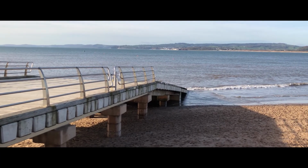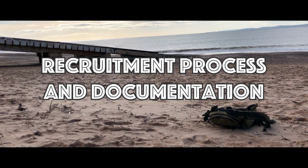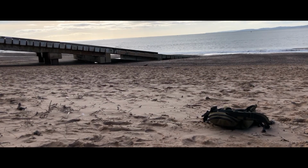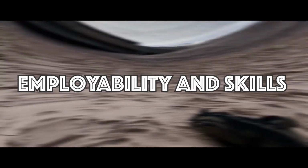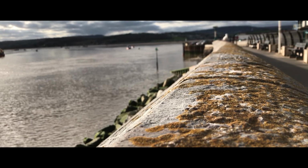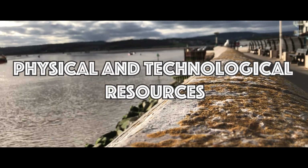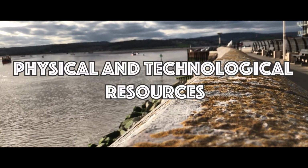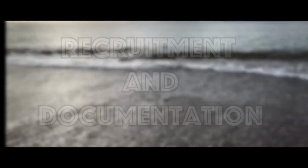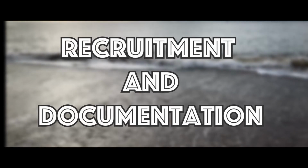We will be talking about how they recruit and the documentation needed for the process. We will also be talking about the employability and skills required when applying for a specific role within the RNLI. Another part of the RNLI that we will be discussing is the physical and technological resources required within the RNLI. We start off with the recruitment process and all the documentation that is required when applying to work for the